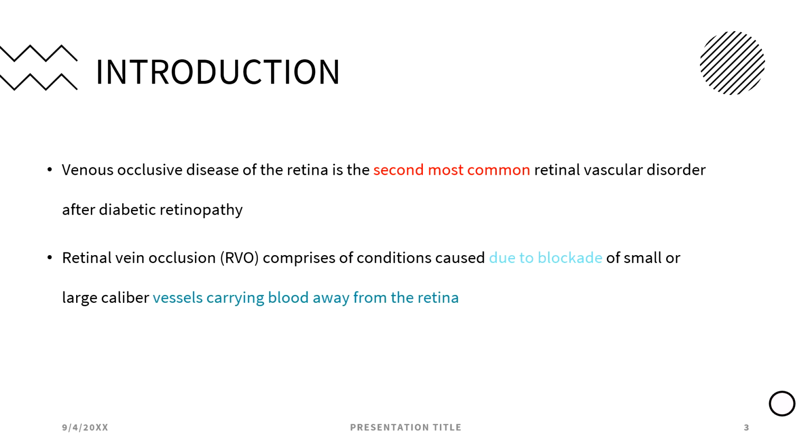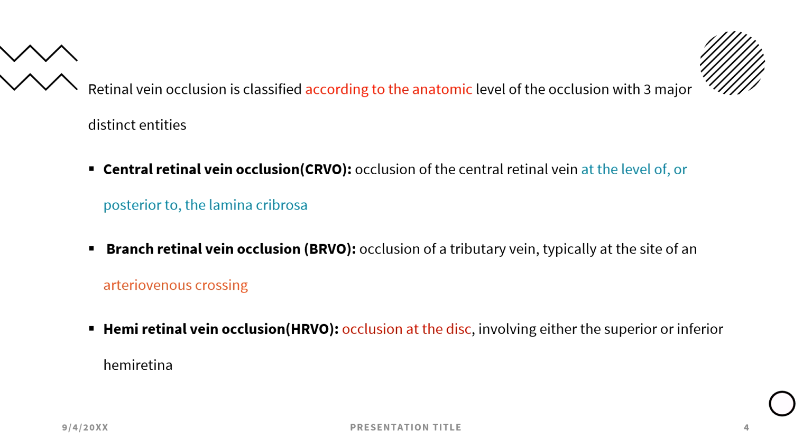Introduction. Venous occlusive disease of the retina is the second most common retinal vascular disorder after diabetic retinopathy. Retinal venous occlusion comprises conditions caused by blockade of small or large caliber vessels which carry blood away from the retina. It is classified according to the anatomical level of occlusion into three distinct entities, which are